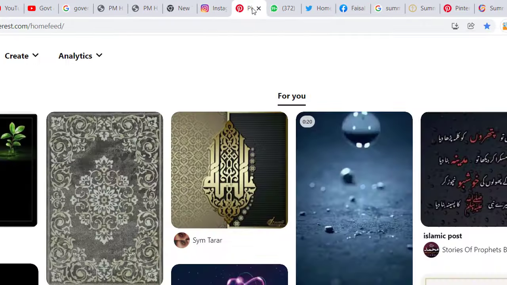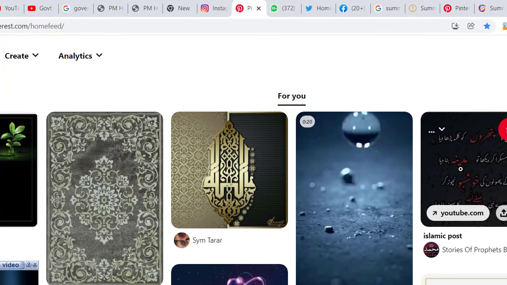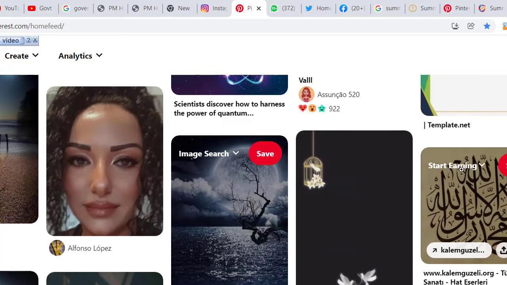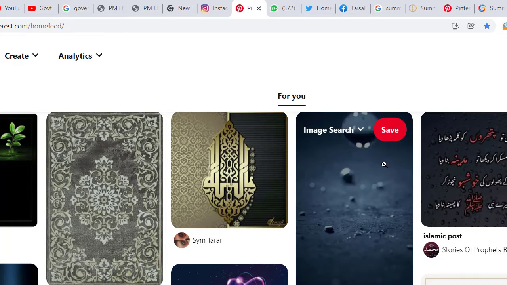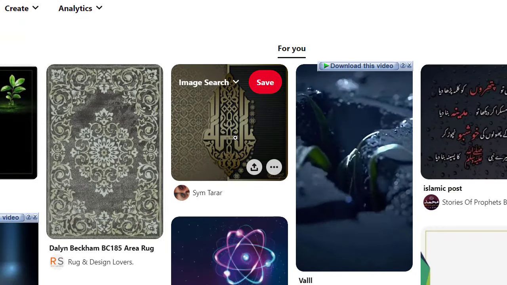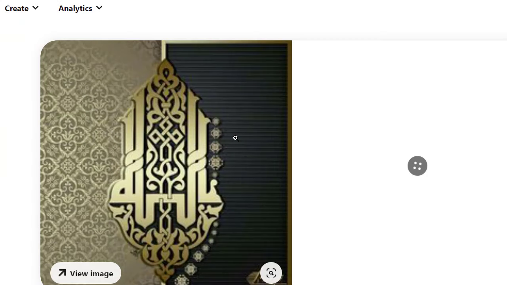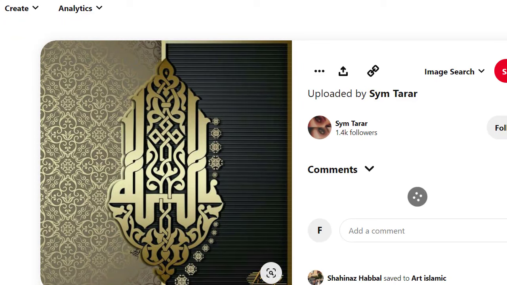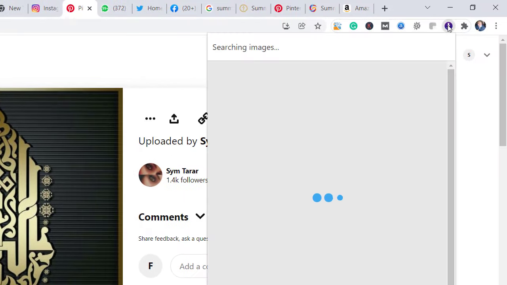Then on Pinterest we see these photos and we need good resolution. I click one of them. Here is the picture. Then click this extension which I mentioned.